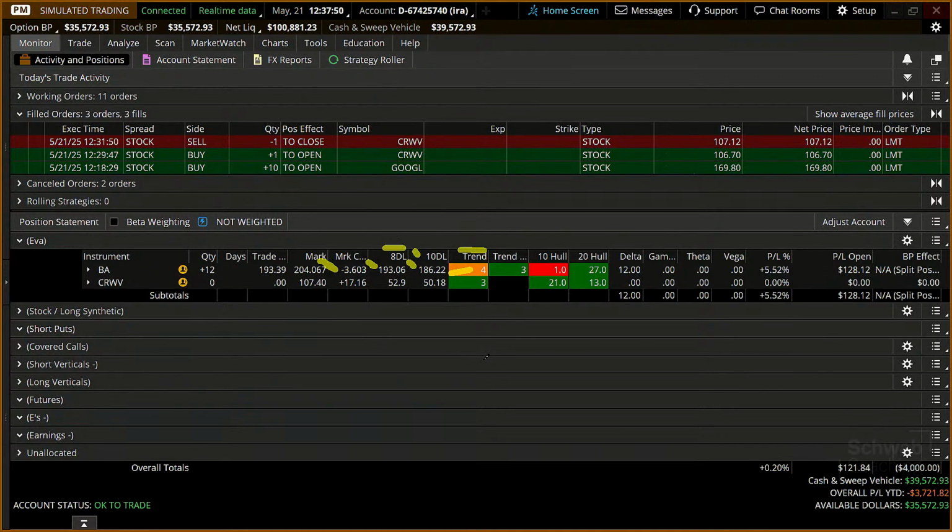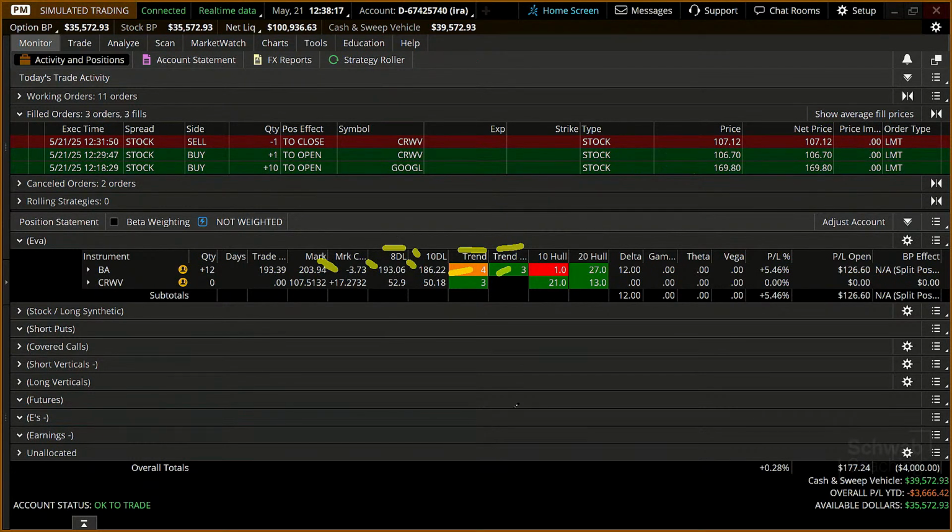So that trend is for the daily chart. Now, this column right there, that's the trend weekly. So in other words, is the weekly chart important? You better believe it's important. That trend weekly is really saying, hey, where are we on the 10-week moving average? Where are we on the 30-week simple moving average? And if we have a trend 3, that's really saying we're above both moving averages on the weekly chart.